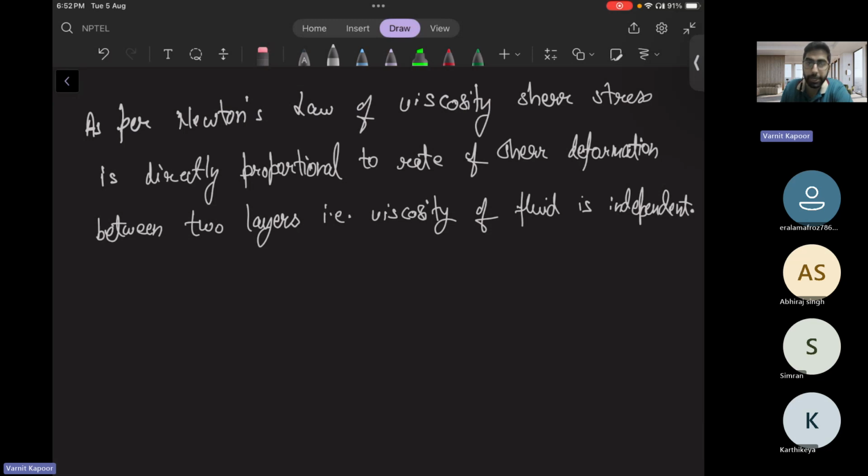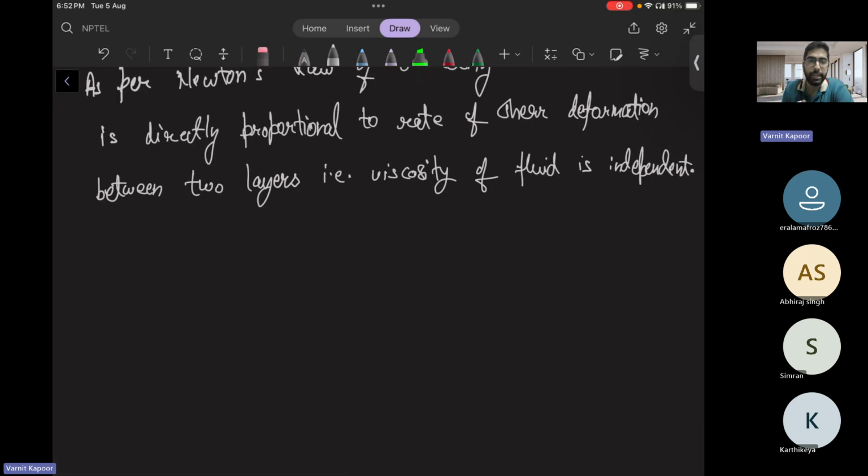So it is similar to Hooke's law, if you have studied strength of materials. I drew the plot in the last lecture as well. In the linear regime, shear stress is directly proportional to shear strain for solid objects, but for liquids, shear stress is directly proportional to the rate of shear strain. So shear stress is directly proportional to du by dy,